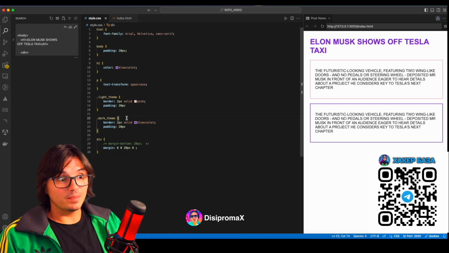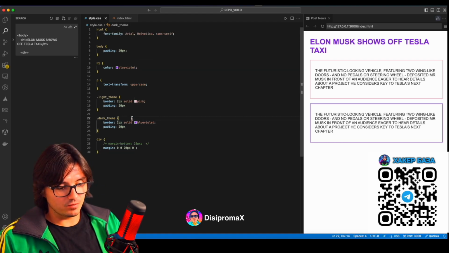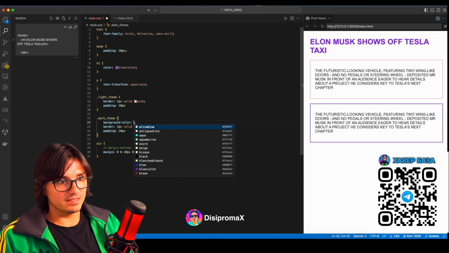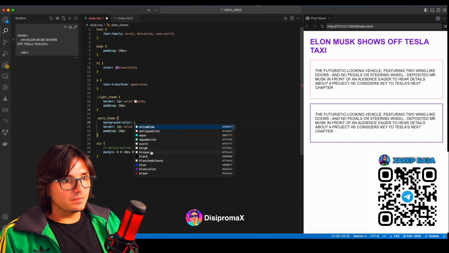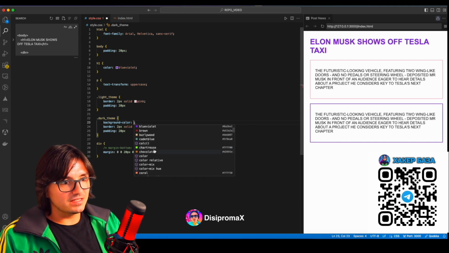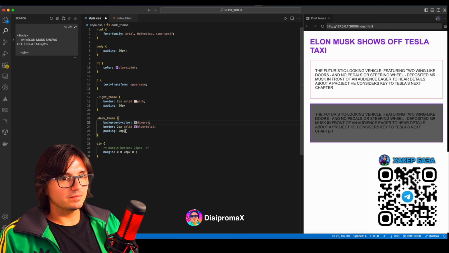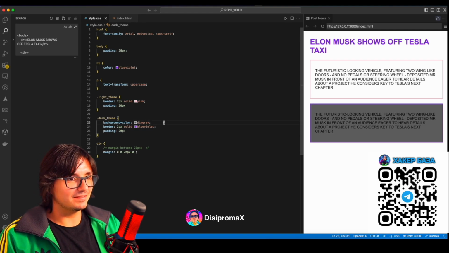And now the dark theme. To match reality, we want the background color to change. Let it be this color. Now, what colors does it suggest to us? Let's see. Oh, dim gray, I like it. Dim gray, this is the dark theme, and we can do everything. I'm not explaining anymore, you just watch. You apply the colors yourself. Do you understand that it's easy?